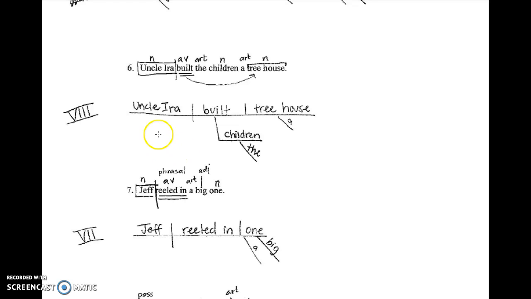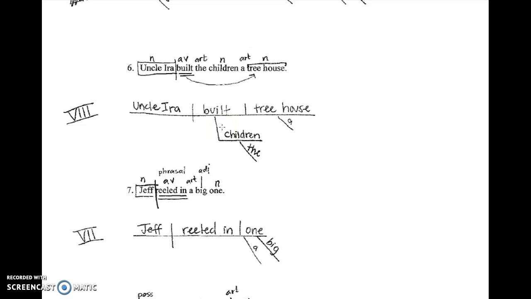Next, this one, remember that Uncle Ira is the entire subject. Just like President Obama or the King of England, it's a title, so the entire thing is considered the subject. The verb, the action verb, is built. This one can be tricky just because of the order of things. So remember, to determine the direct object, ask which noun is receiving the action of the verb. Don't assume that it's the noun closest to the verb. In this case, Uncle Ira is building a tree house. He's not building children. So the direct object for this sentence is tree house, and he's building it for the